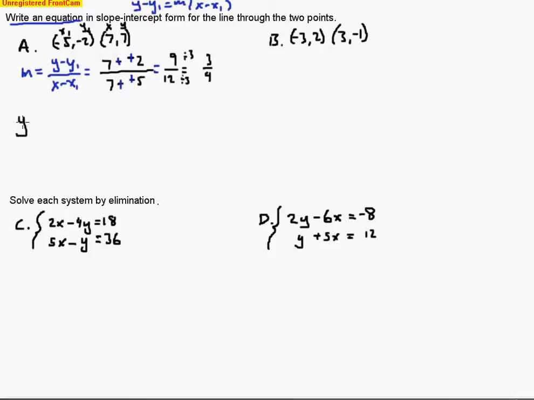So it goes this way, y minus negative 2 equals the slope, 3/4 times x minus negative 5. And then from there we have to add the opposite. Whenever you see a minus negative, quickly change that to plus positive, and then go ahead and use that distributive property. So both numbers get multiplied by 3/4, and we've got y plus 2